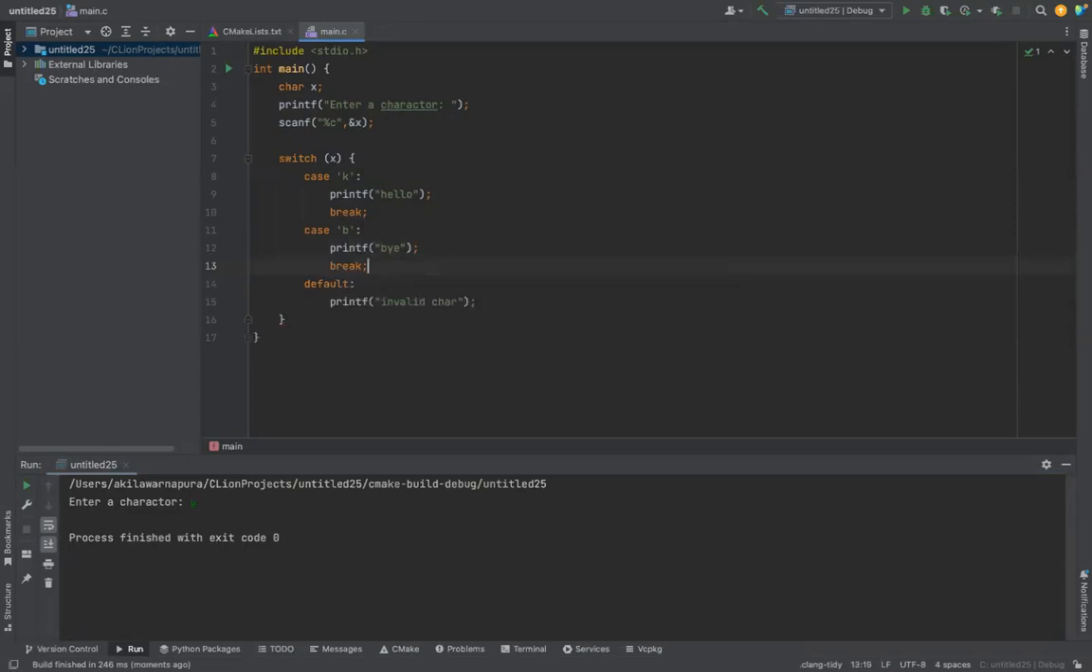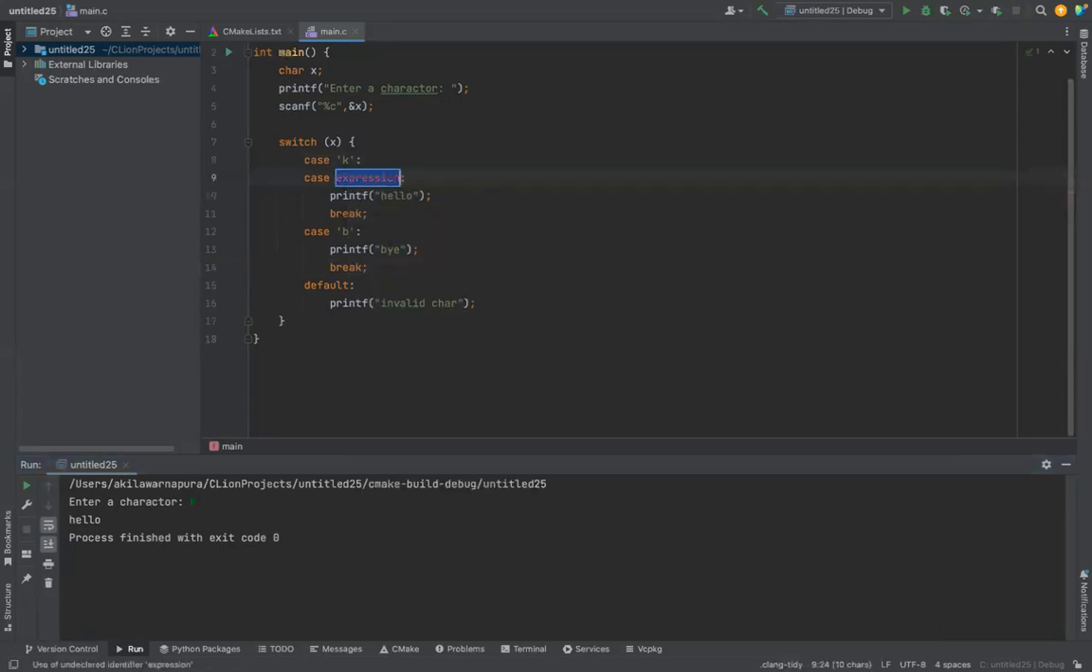Here we have to provide the break. Enter a character. Let's say T, invalid character. Let's say K, hello. Okay. Now think not only the K. If the case is K or the case is H, then you can provide case